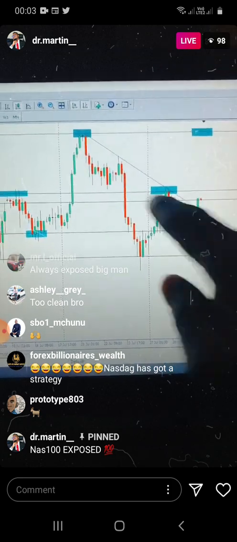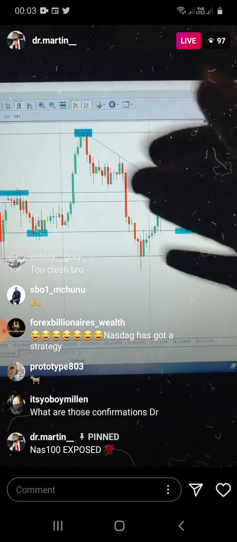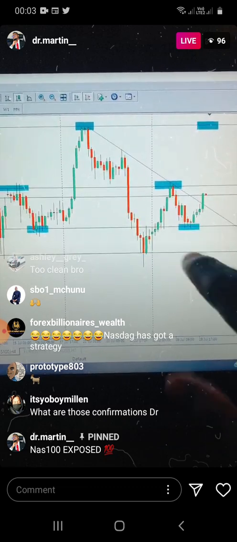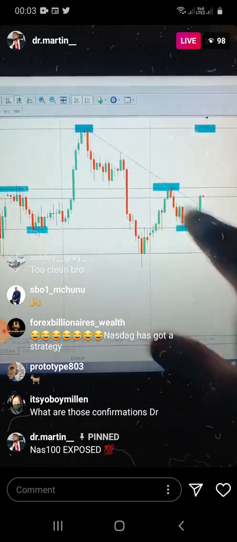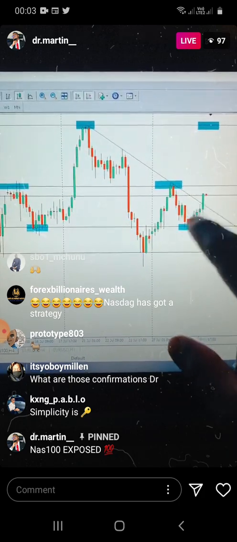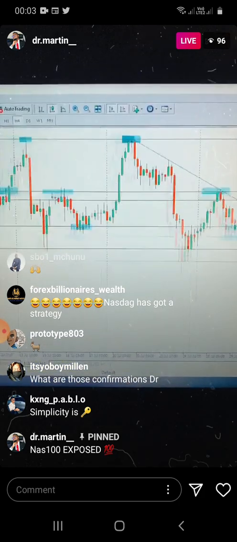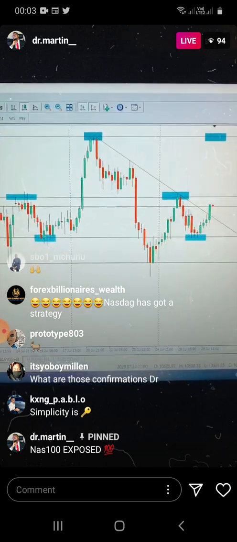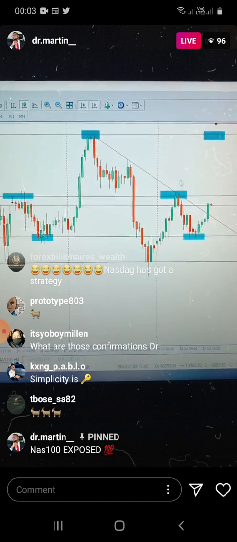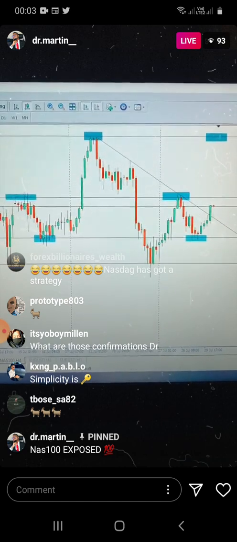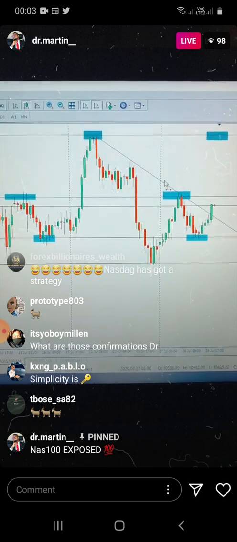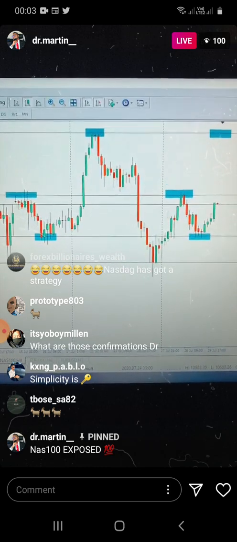So if you look at this, we broke past the trend line, which is fine. For people who trade with trend lines, that's okay. But the market is much broader than trend lines. You need to understand that. Most people just depend on this single line to understand where the market is going. So you can't really depend on this trend line. So I'm going to remove this trend line,